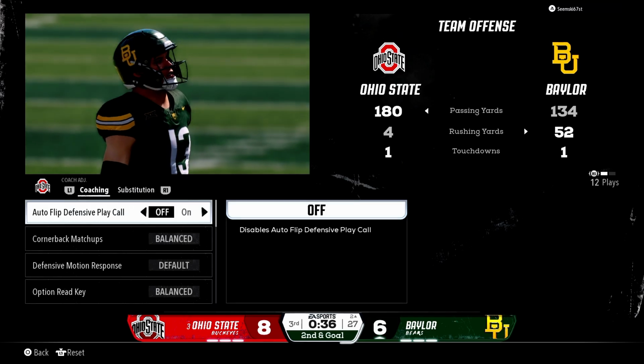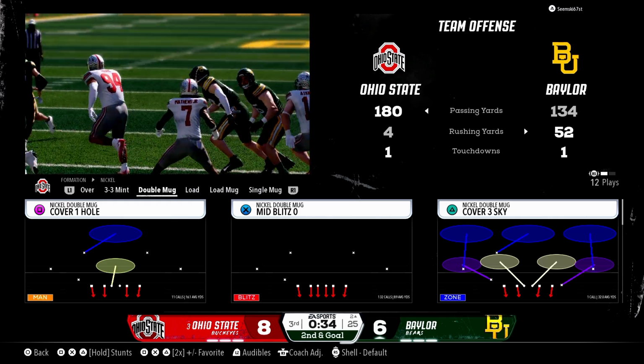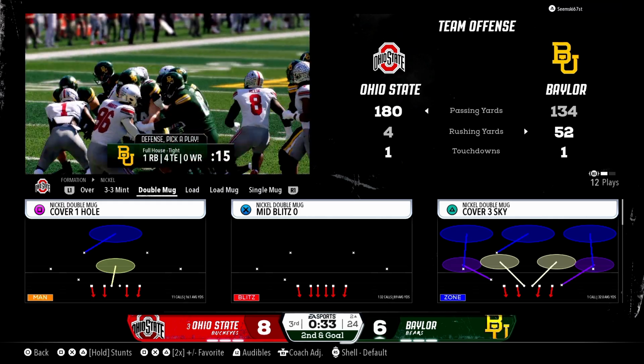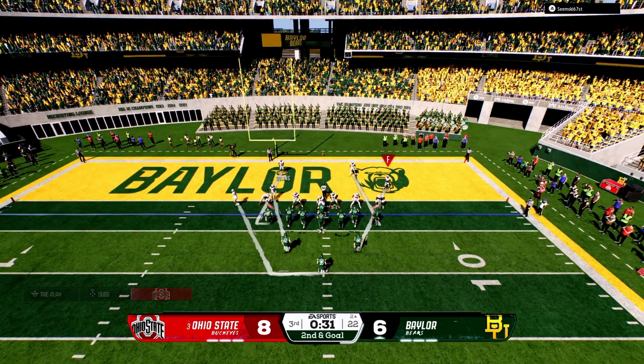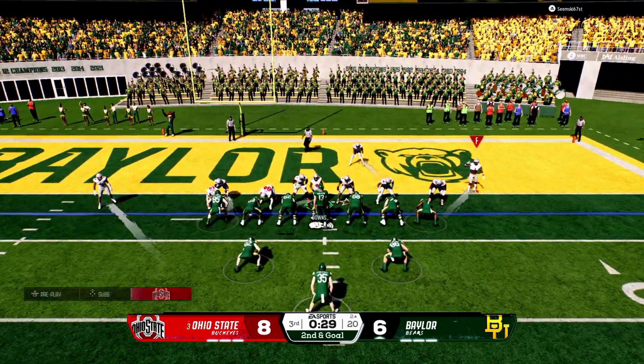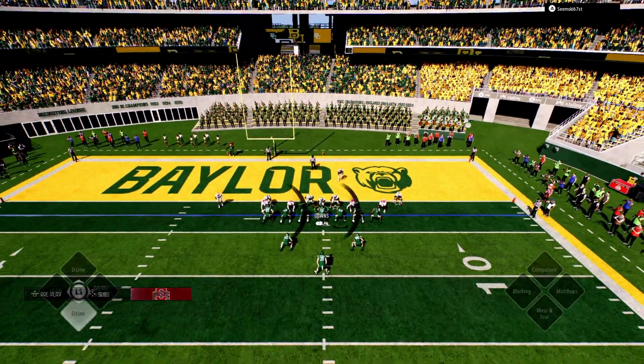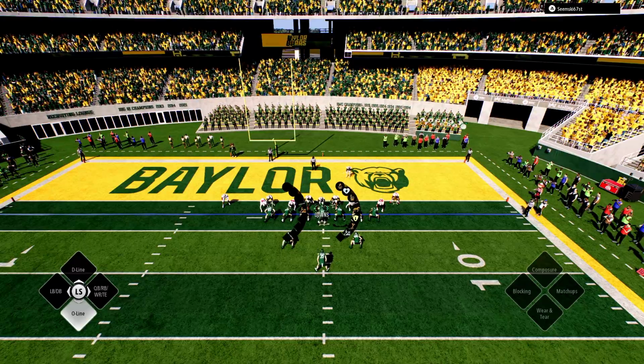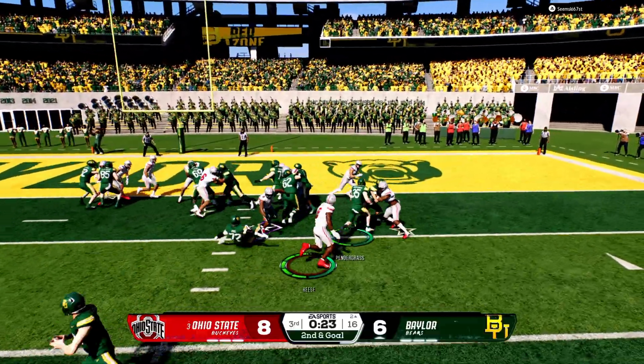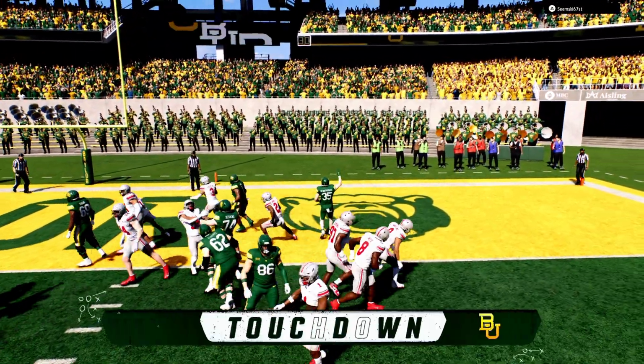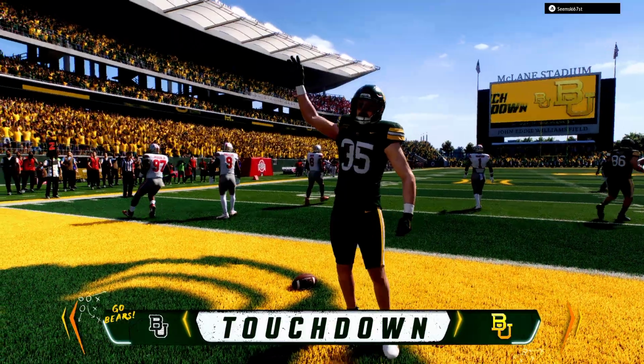Like we thought it was going to be one way. I'm going to go autoflow back on here. He's going to just come out here and pound me again. Yeah, we're going to make you pass. We're just not going to sit here while you run a halfback dive 5 times. I guess we are just going to sit here for the